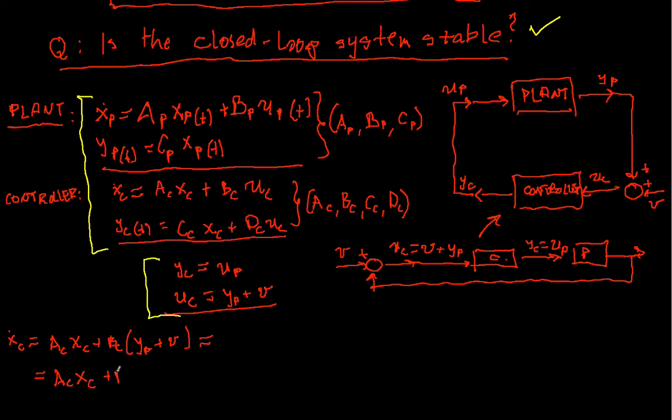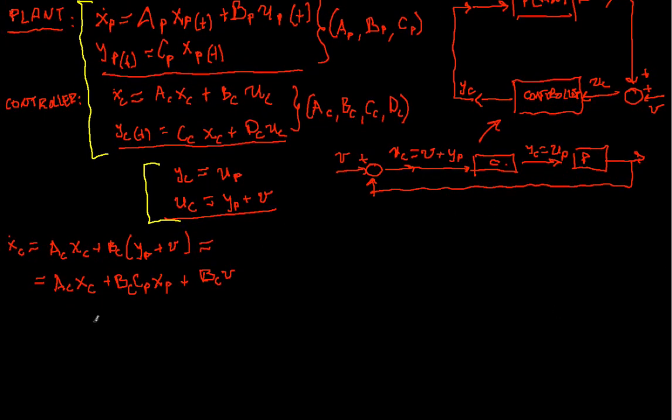plus BC. Y of plant is here CP X plant, so BC CP XP plus BC V. And on the other hand, we have here that the same way X plant dot is going to be